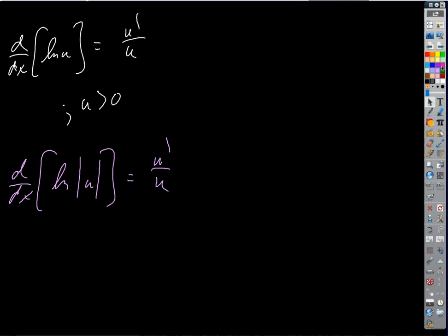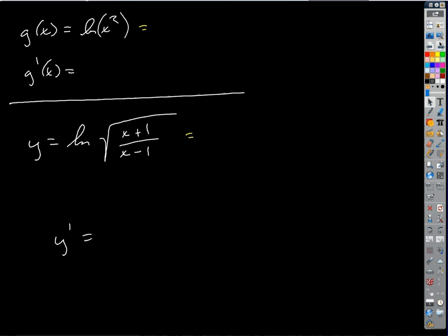So let's practice this a little bit. Now what if you have something like g of x is the natural log of x squared. Okay, let's use our new standard form. The derivative with respect to x of log u, we said, was u prime over u. So what's that going to give us? What's u prime? 2x. 2x over x squared, which simplifies to